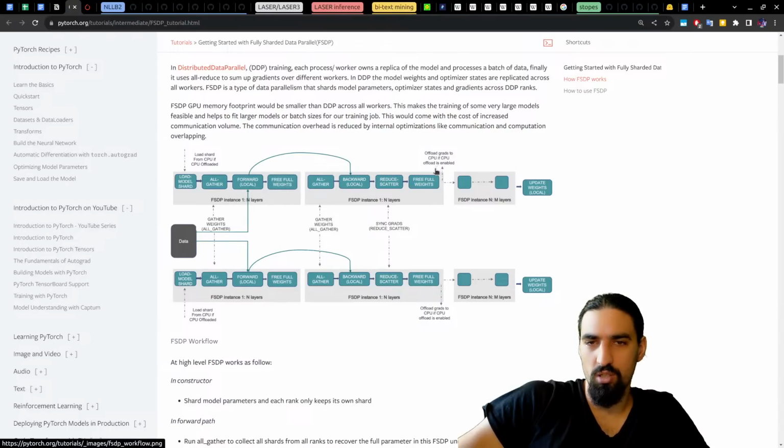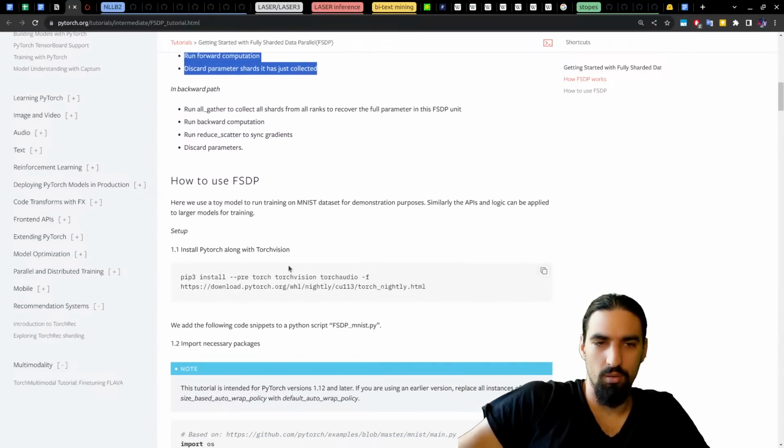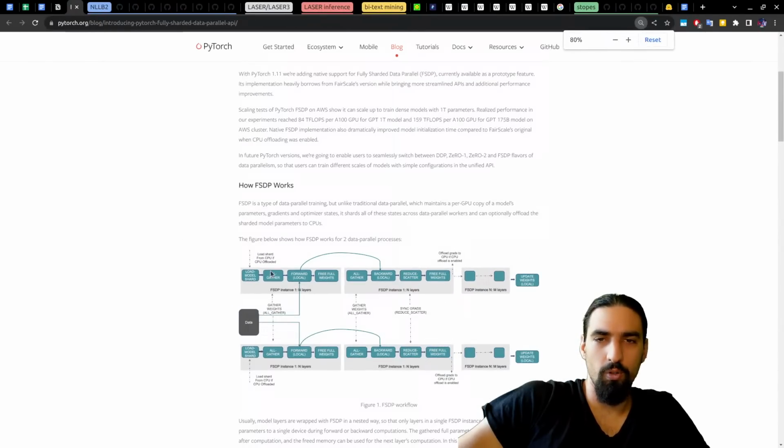Offload grads to CPU. CPU offload is enabled. This is during the backward pass. Backward local reduce-scatter, then free the weights, and then offload the gradients to the CPU, potentially, just to reduce the memory. Okay, we don't need to go through that.